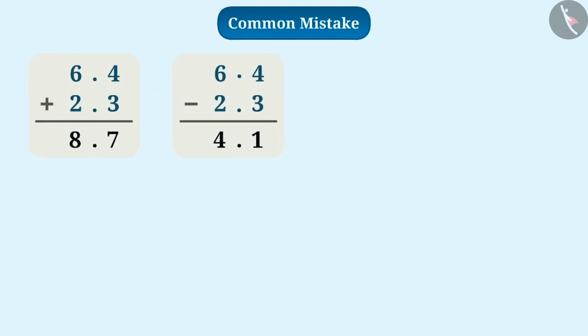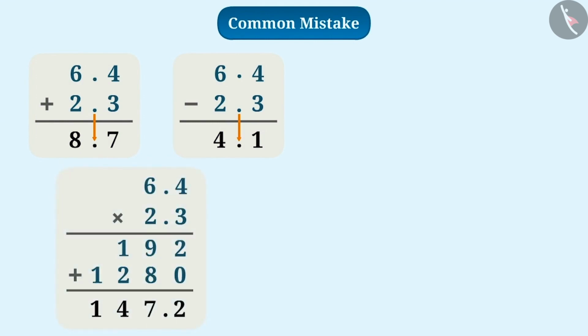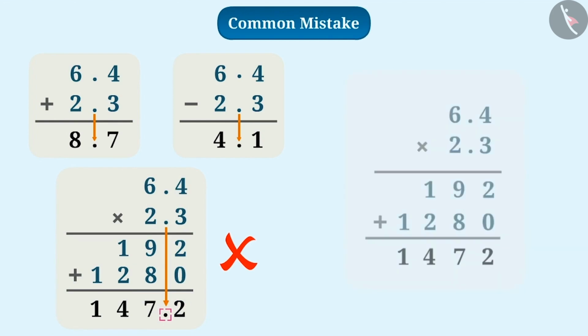These misconceptions are often accompanied by a common mistake. The decimal point is copied down while doing addition or subtraction of decimal numbers. The same is done in multiplication also, where the decimal point is copied down. That means students do not count the decimal places. An incorrect answer is obtained by doing so. The correct understanding is that we have to count the number of digits present after the decimal points in both the numbers getting multiplied. Then the total number of digits after the decimal point in both numbers are counted. Then we count that many digits in the result from the right and place the decimal point.